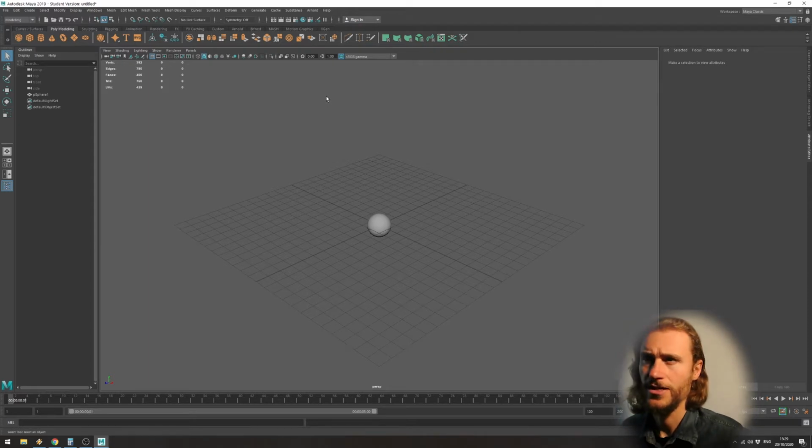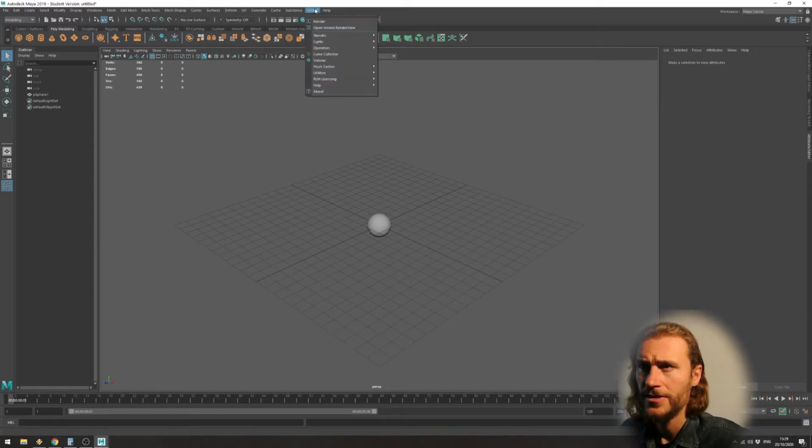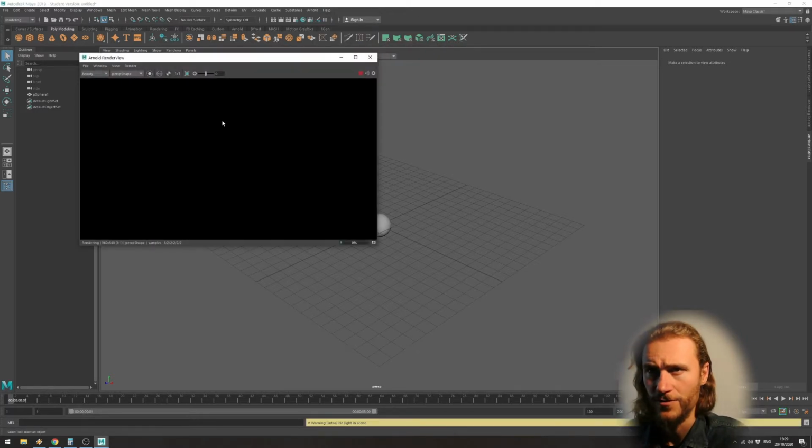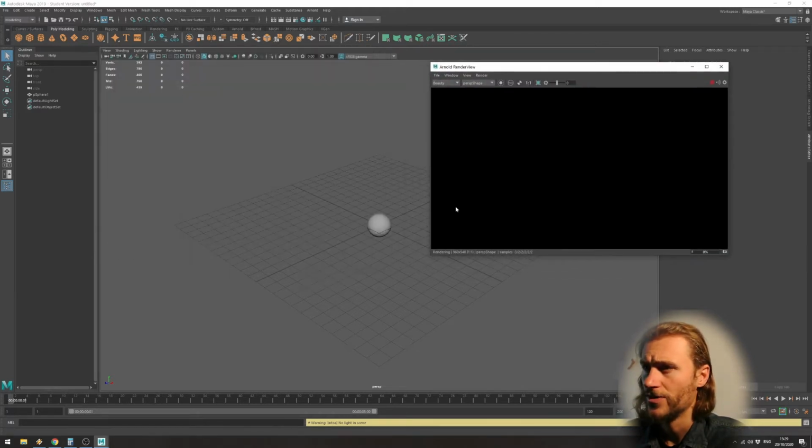One mainly uses nowadays the Arnold renderer, and for that you need special lights. You need Arnold lights. These can be found here, and there's also Arnold shaders and everything. It needs to know how to deal with these lights, so it needs its special shader as well. And it also has its own render view to go to and to see how this looks. Since we don't have any Arnold lights or any Arnold anything, you won't see anything, but maybe if we put